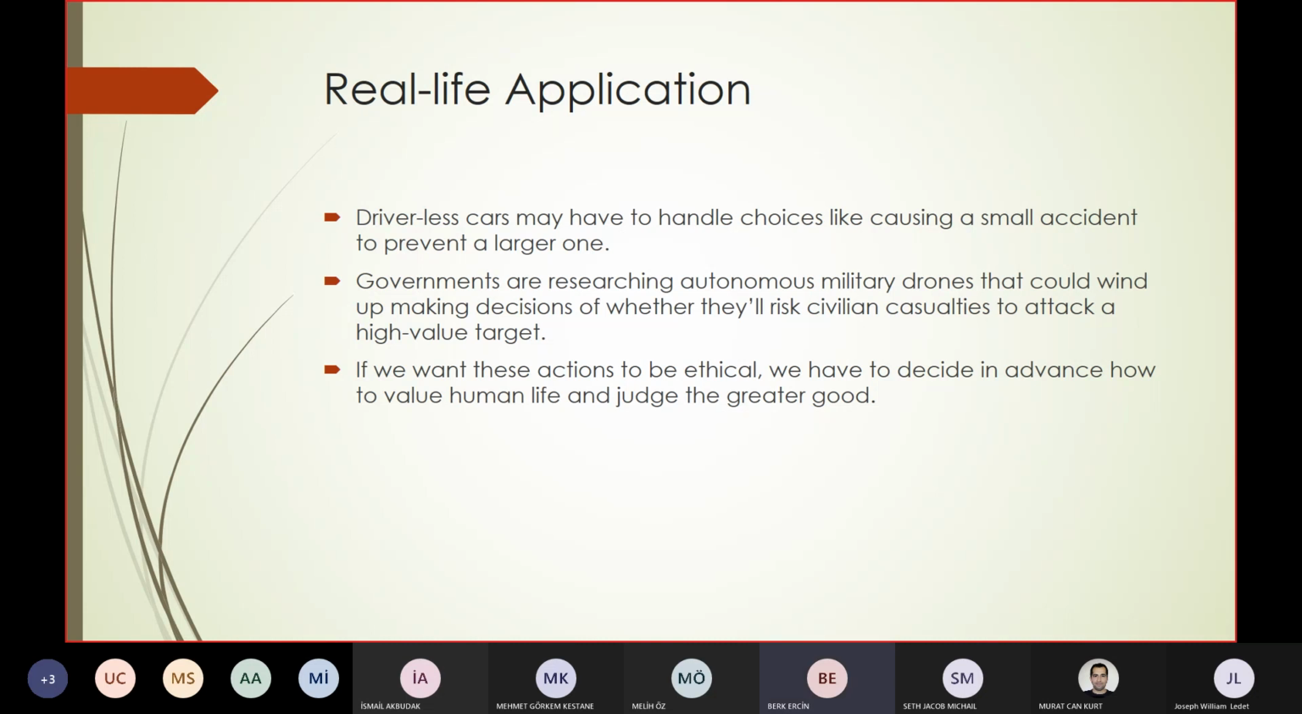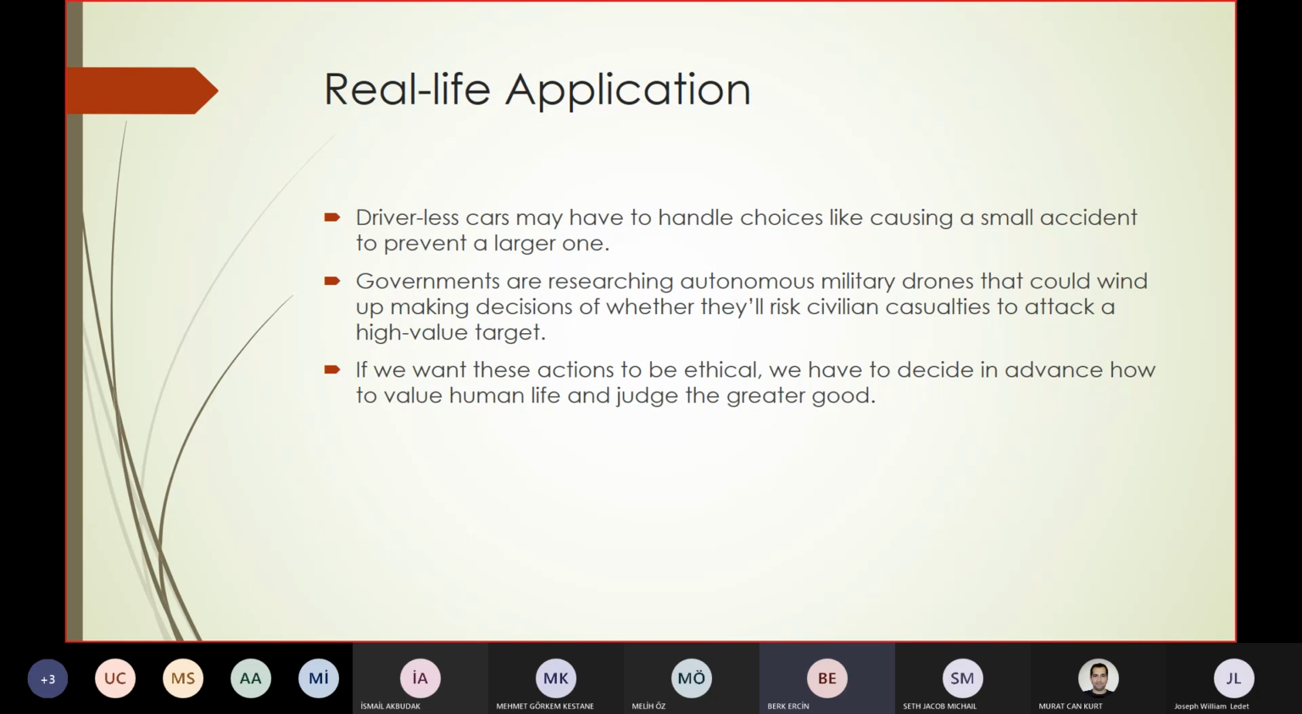Trolleyology has been criticized by some philosophers and psychologists. They argue that it doesn't reveal anything because its premise is so unrealistic that study participants don't take it seriously. But technology